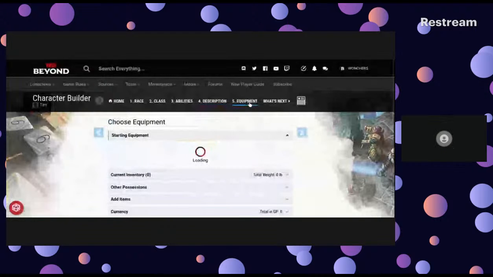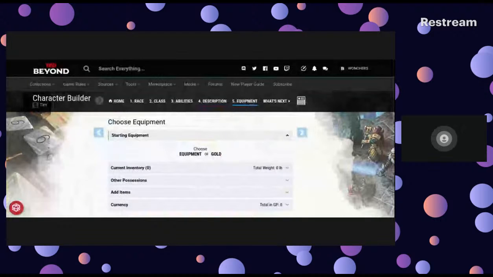Equipment. So you could totally just pick gold and you start off with nothing but a bunch of gold. But that means you have nothing. And I'd always start campaigns